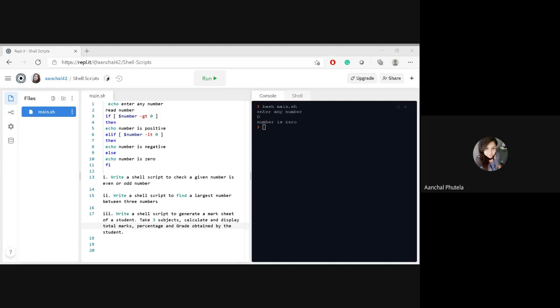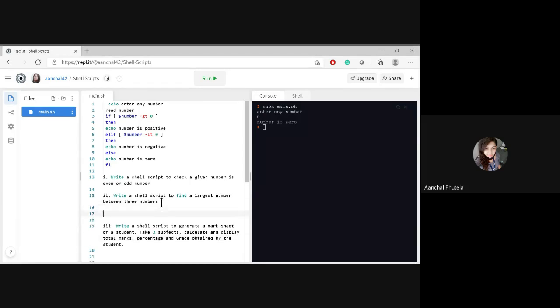Can you explain the second? Okay. In the second one, what you need to do is find the largest number between three numbers. For example, three numbers are given to you, like 1, 2, or 8. Between the three numbers, you need to find the largest, right? For example, 8, 2, 5, or 4. Which one is largest? Number 1 is largest. So what you will check is whether number 1 is greater than number 2 and number 1 is also greater than number 3.